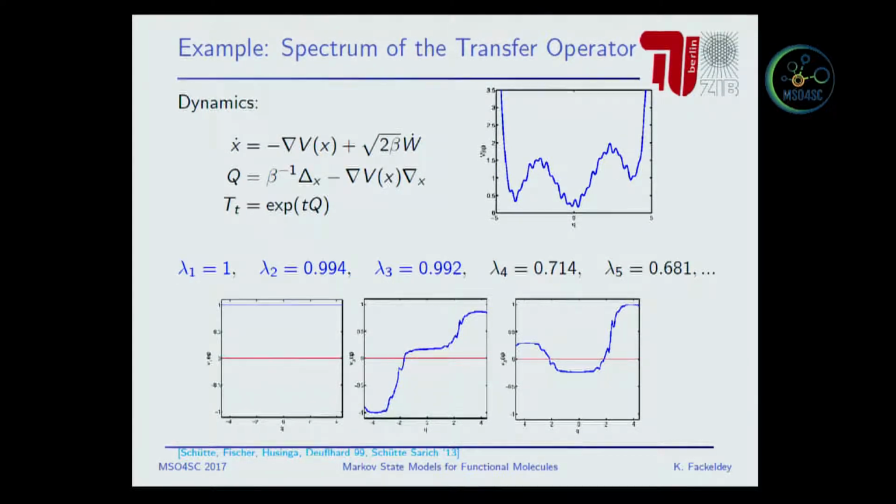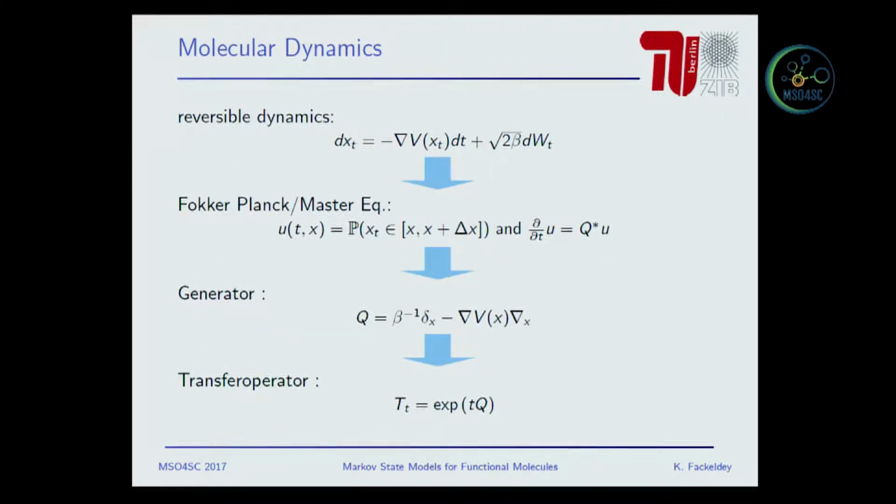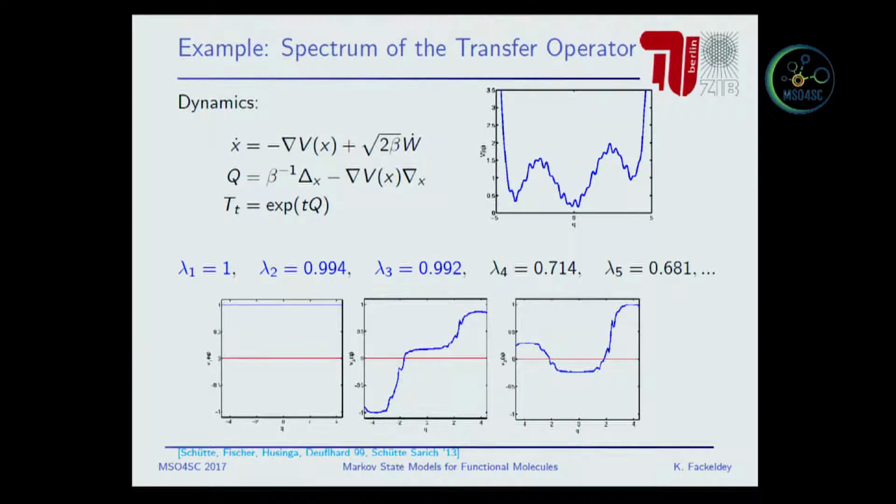This is a molecular dynamics simulation, and we have this potential here, and as you can see, we have mainly these three local minima. And if we did this cascade, which is shown here, down to this transfer operator, and computed this transfer operator, then the eigenvalues of this transfer operator give us an idea where to find the metastable states. The transfer operator tells us what is the